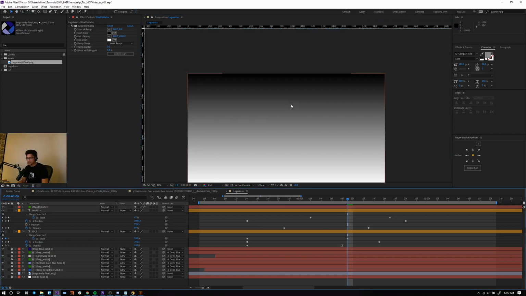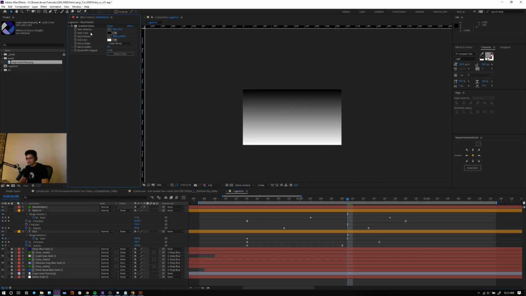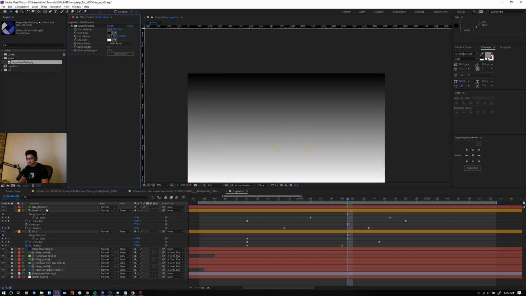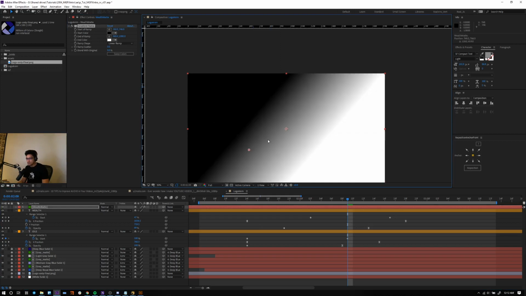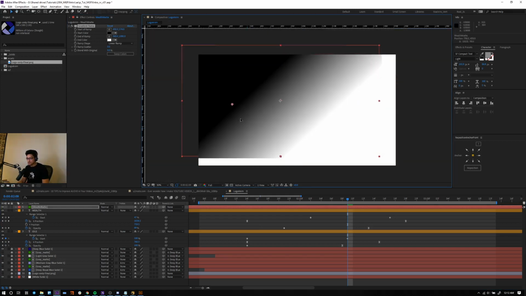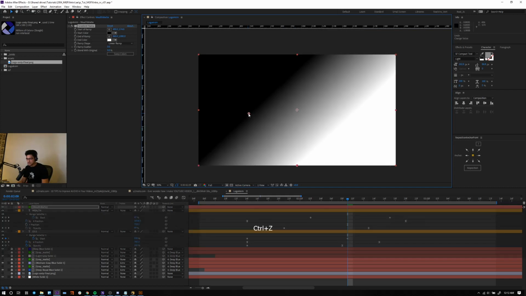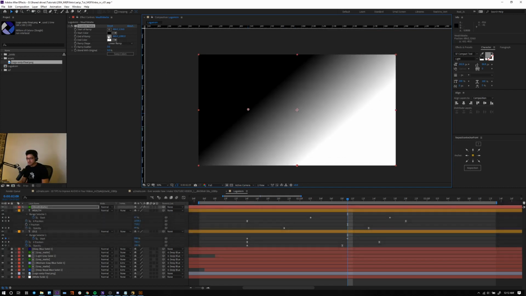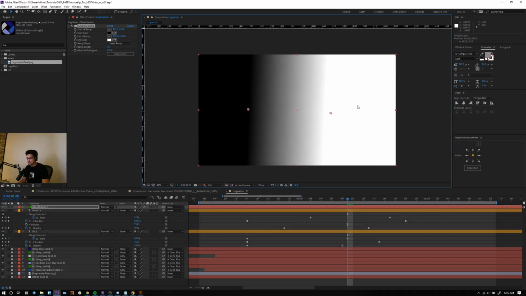So this effect, gradient ramp, you choose. So I click here, if you click this picker tool thing, that sets the start of the ramp. You see, start of the gradient. Don't select layer. So this is the start and this is the end. You see? Okay. So we're gonna use this as the matte